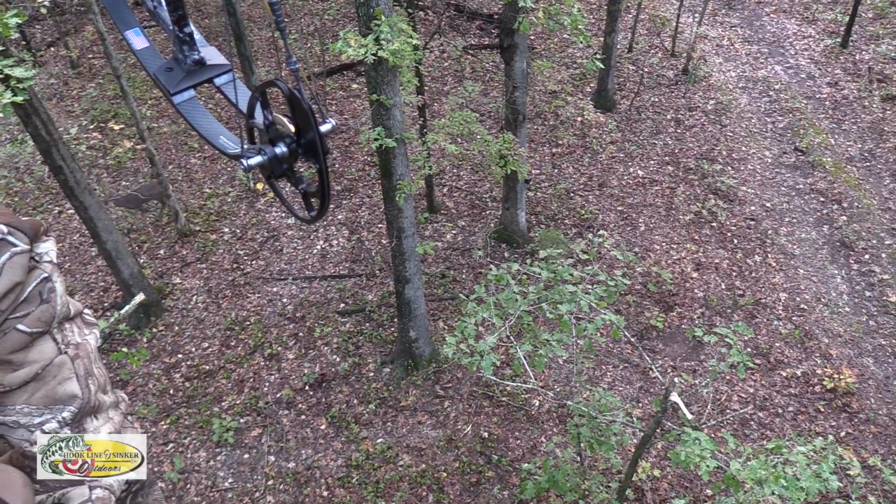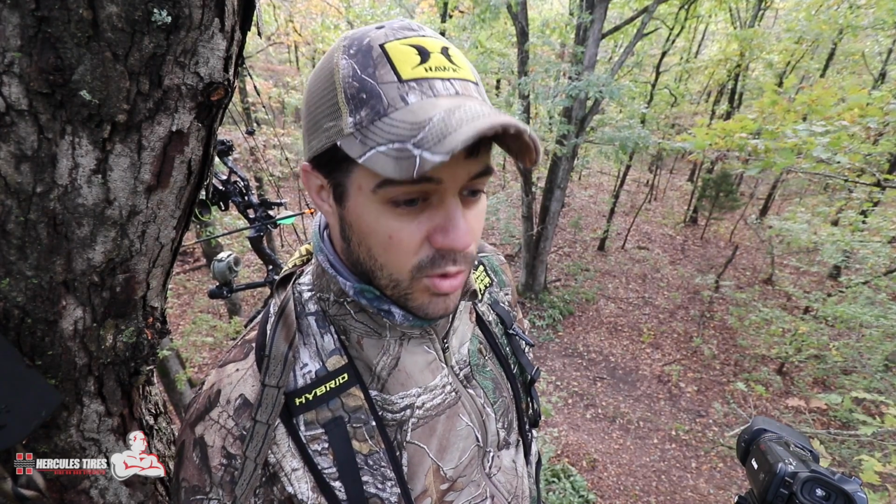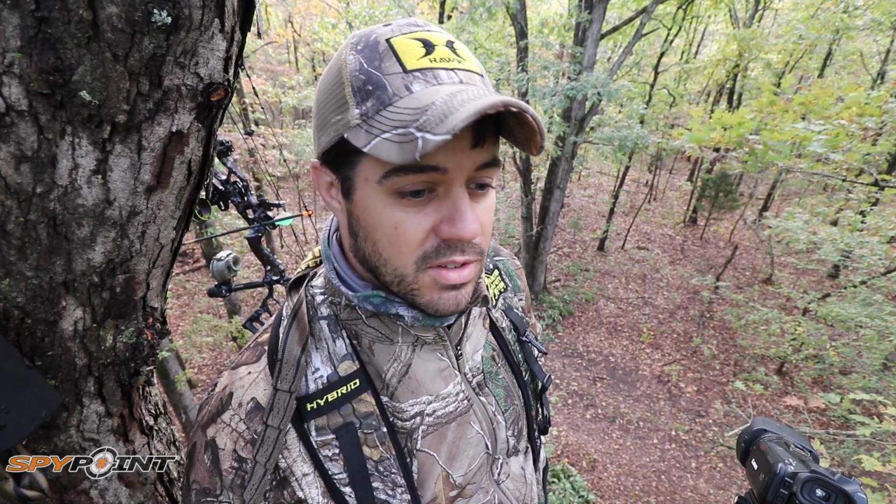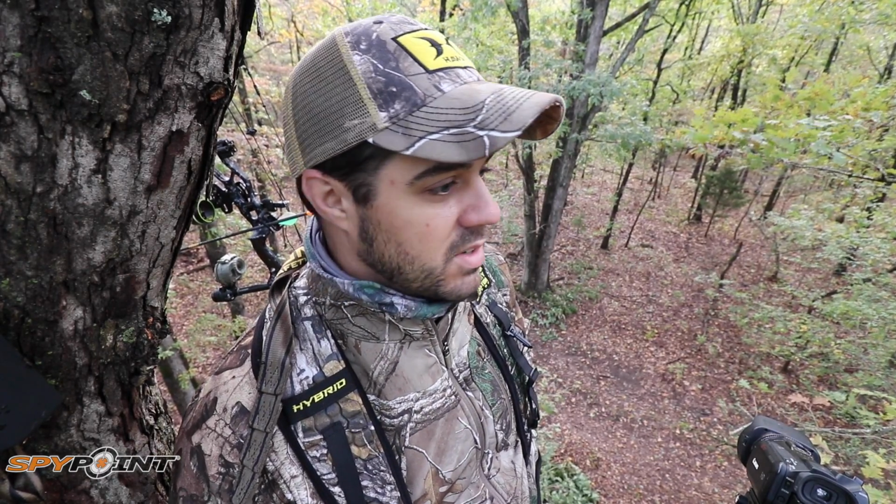We had that rain last night, and we'll see if the bucks came in. Check scrapes this morning. It's cool. It's going to be only like a high of 60 today, which is awesome. We have not had weather like this, so